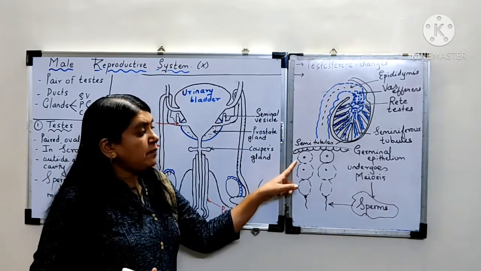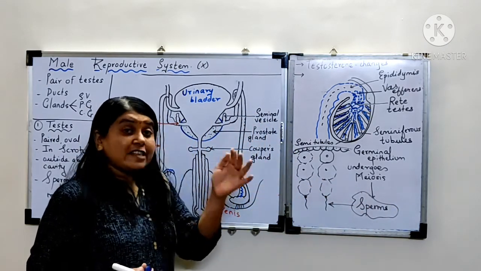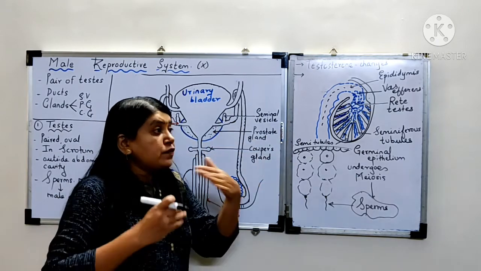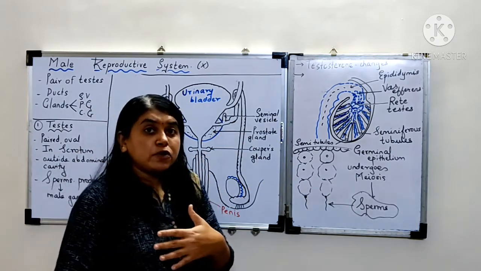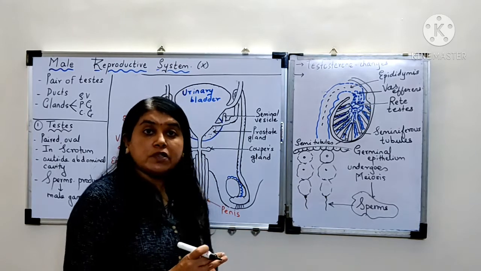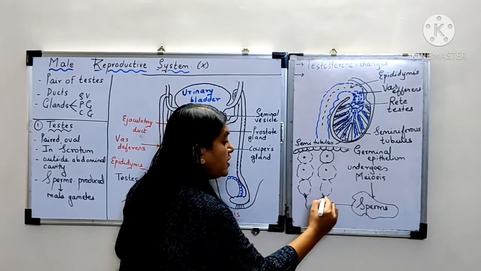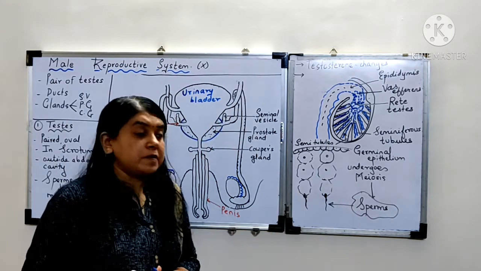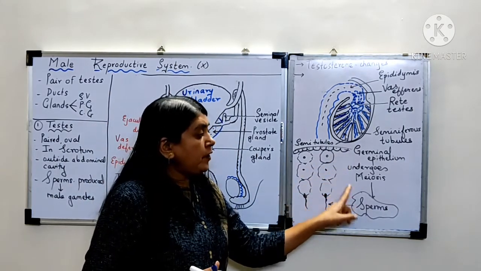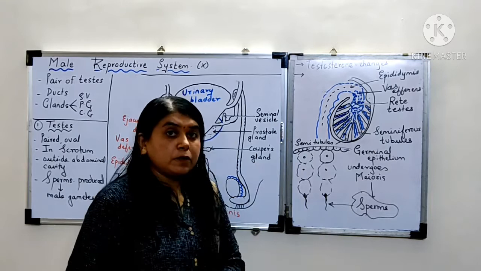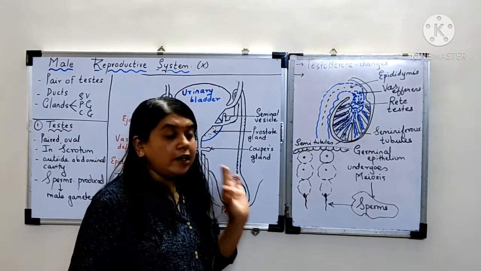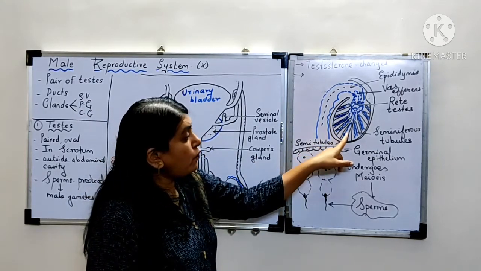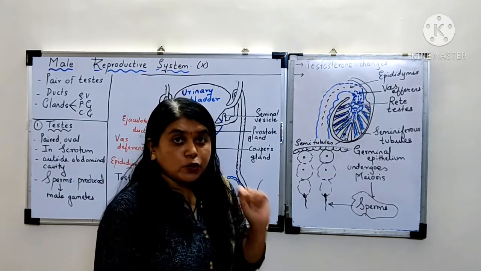So there are different types of cells through which the germ layers first differentiate into 3 types of cells, and then it is going to produce the sperms. Here each and every cell is not required, so I am directly showing you the sperms. So germinal epithelium undergoes meiosis to produce the sperms, right? I hope this part is clear to you. It is formed here in the seminiferous tubules.